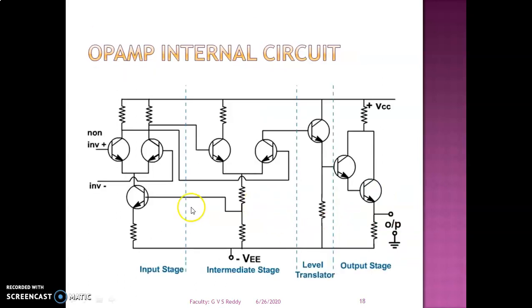So this is the entire internal circuit diagram of the operational amplifier. Here, the first two circuits are two types of differential amplifiers, and the third stage is the level translator. The fourth one is the